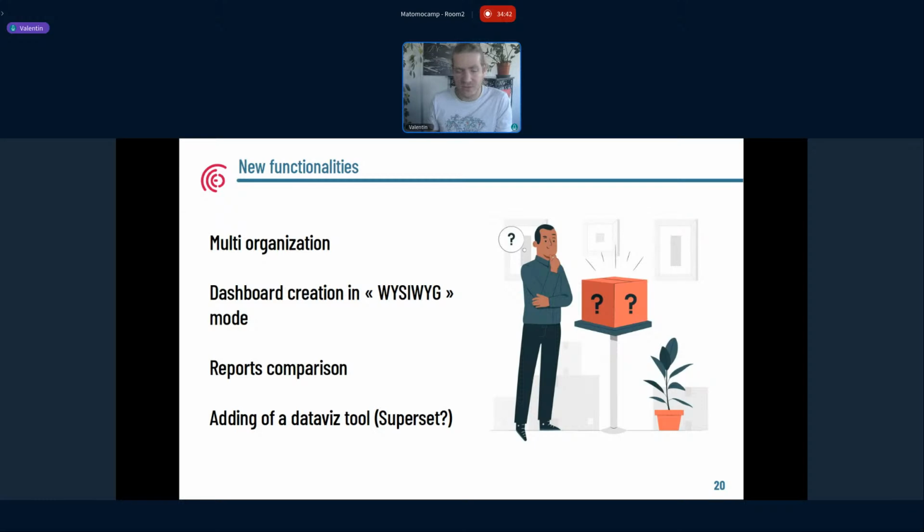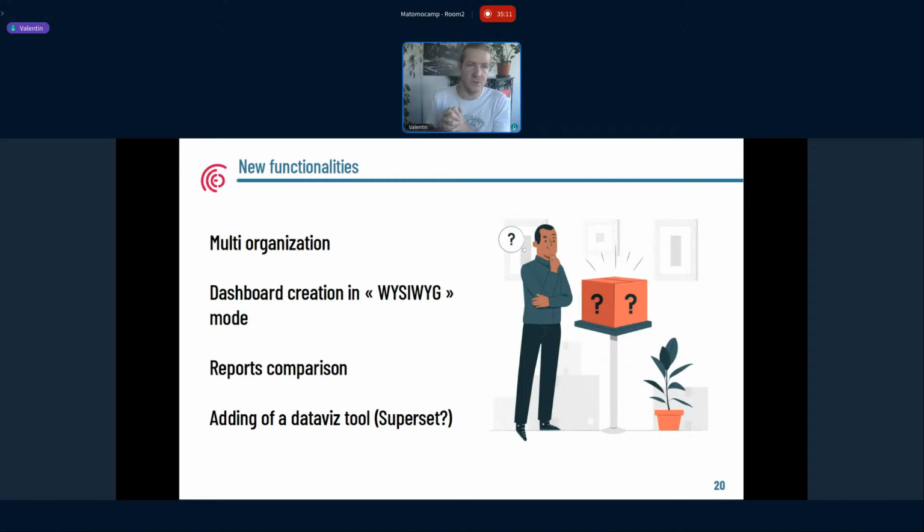We want to be able to select, for example, company A with Matomo instance A or instance B, and create all of their websites and users in this organization, and be able to create a new organization on the same platform, but very separate between these two organizations.